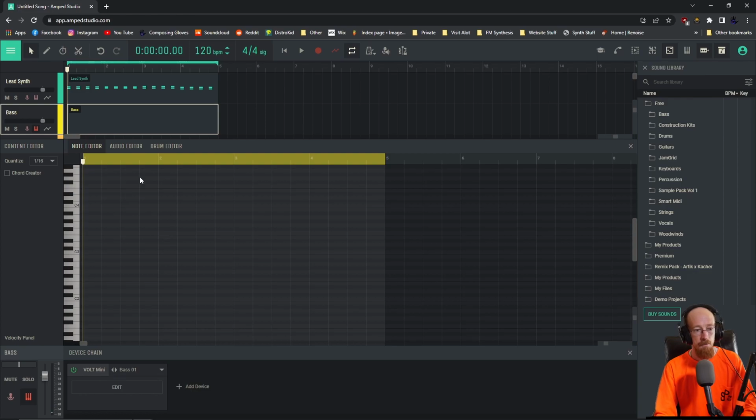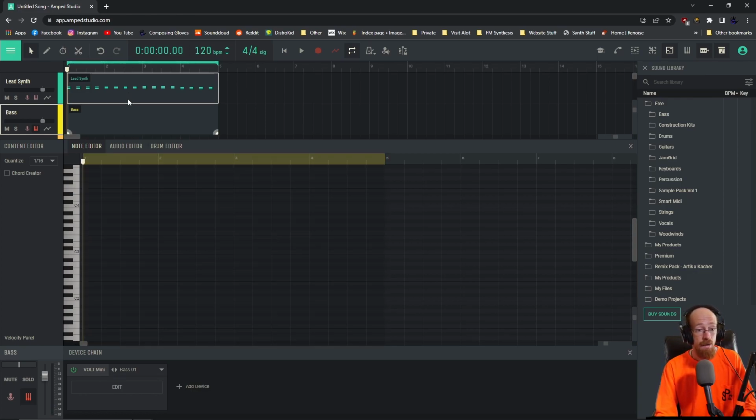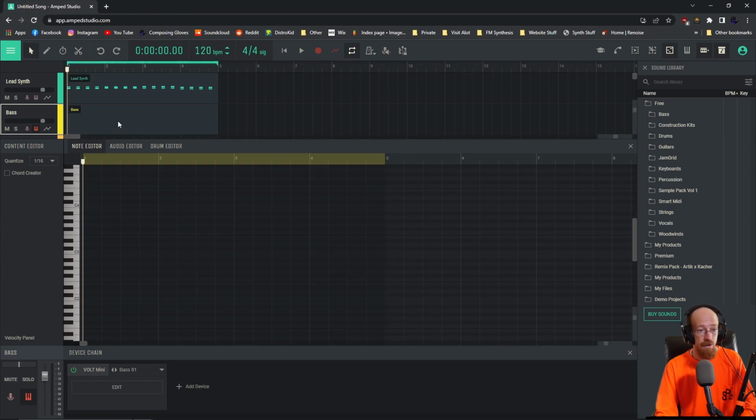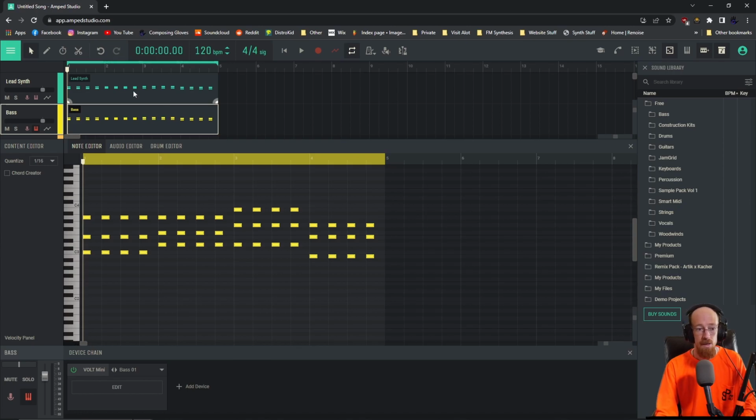Now, in here, how do you know what notes to pick? There's a really easy way. We can actually copy this down, and now the bass has it. Now, how did I do that? If you Alt, click, and drag, hold down Alt, click it, and drag, it'll copy the pattern. So now we have it down here, and let's